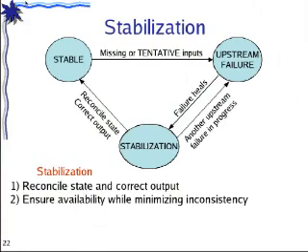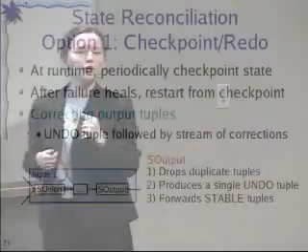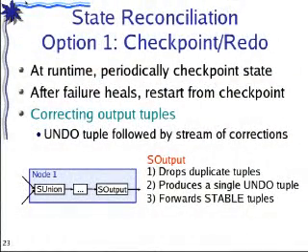Each node is going to determine for itself that the failure has healed, either because, like the first node there, it is able to communicate with another upstream replica that can produce the missing tuples, or because the node receives the corrections to the previously tentative tuples. When this occurs, the node transitions into the stabilization state. In this state, we have to go back and reconcile the state of a node and correct the output it has produced, such that the downstream nodes will be able to reconcile in turn, and eventually the clients will see the correct output. So let me now tell you how we are reconciling the state of the nodes.